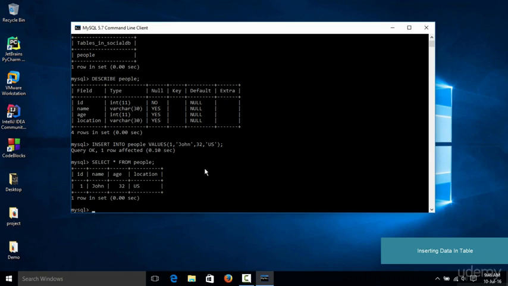So that's how we could insert values into a table inside a database by using the insert into SQL statement. So that's it for this tutorial, and in the next tutorial we will be learning other concepts related to